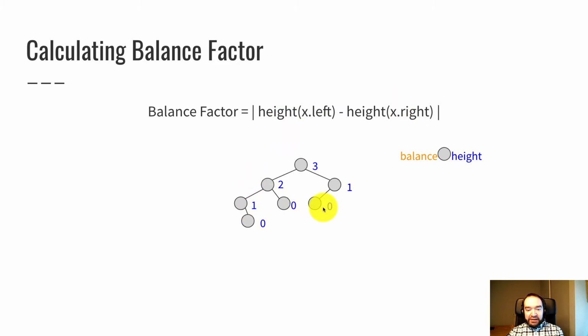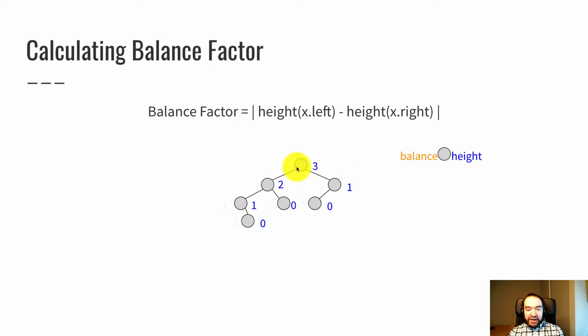So in blue we have the heights. Every leaf has a height 0. The parent of a leaf has height 1. And for more complicated situations where a node has two children, you look at the heights of the two children and add 1 to the greater of those. So this node here has a height 1 child and a height 0 child, so its height is 2. The root node has a height 2 child and a height 1 child, so the root's height is 3.